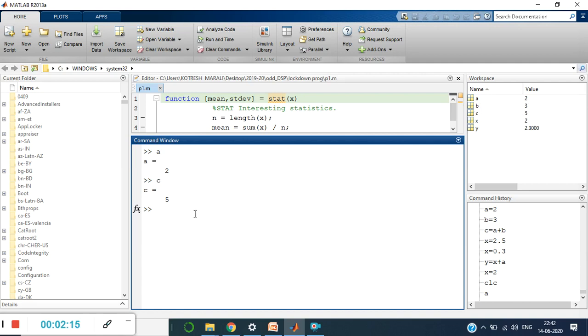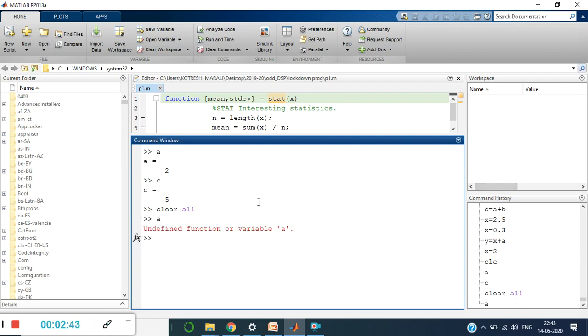There is one more command, that is clear all. Clear all is the second command, which clears the content as well as the variables that you have used. Just say enter. You can see that the entire workspace is deleted. Now you don't have any values. Typing a says undefined variable.